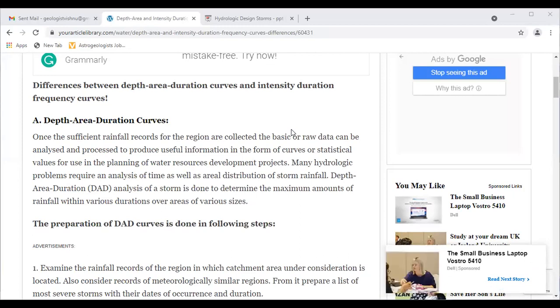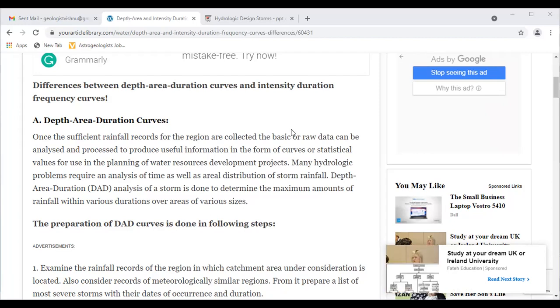To obtain a quantitative relationship between P naught and P, a series of storms with the data obtained from recording rain gauges are to be analyzed. The analysis of a typical storm is described below, followed by a worked out example. Guys, this is just like the introduction.